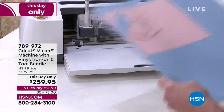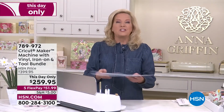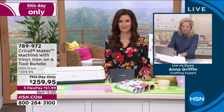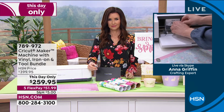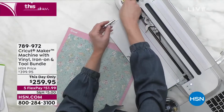Now, I know that so many people watching us, Shannon, they love to sew. And what's really remarkable about the Cricut Maker is the revolutionary rotary blade. So let me just remove my pen because my next cut is all about fabric. I'm going to remove the fine point blade, and it's going to come out, and what's going to go in